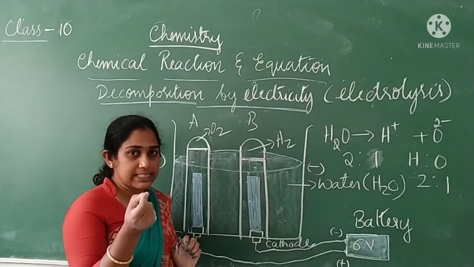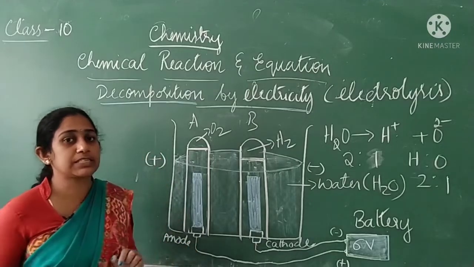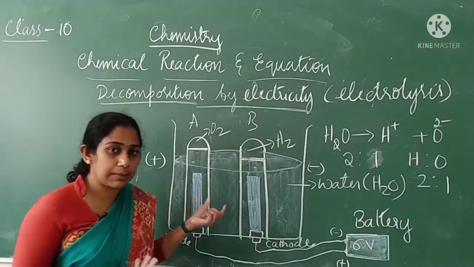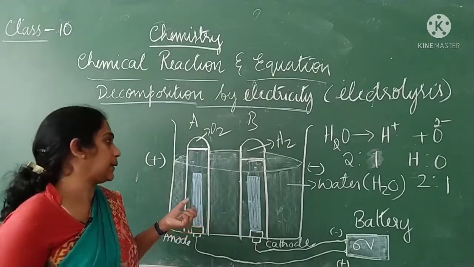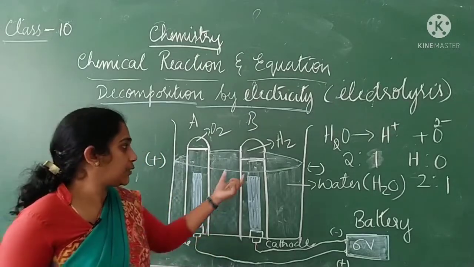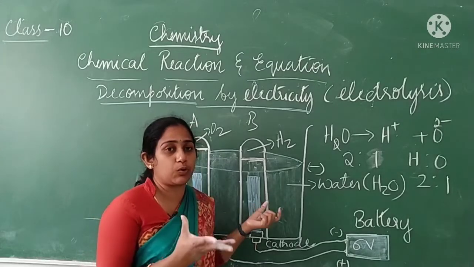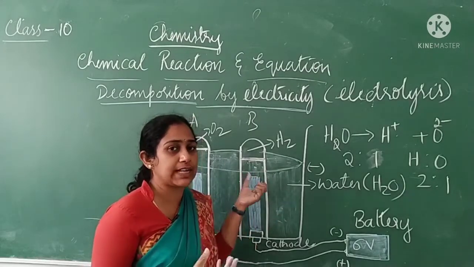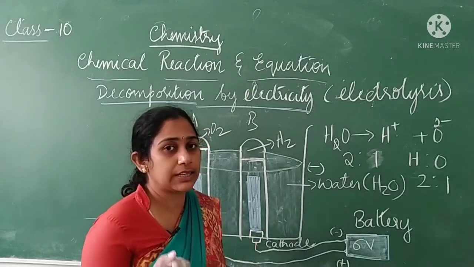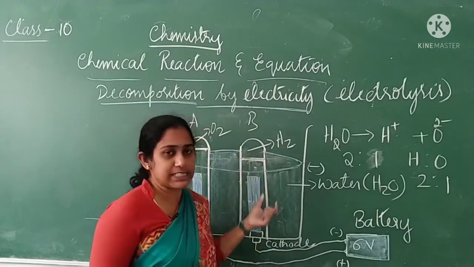So when you put a glowing incense stick into the test tube, it starts to produce a flame and burns brightly because oxygen is a supporter of combustion. Whereas if you put the burning stick into a test tube containing hydrogen gas, it produces a pop sound. Why does it produce a pop sound? Because hydrogen gas is highly inflammable. So it produces a pop sound and the flame is put off. This is the best test for hydrogen gas.